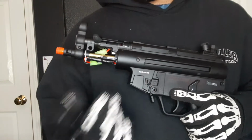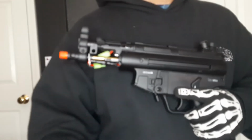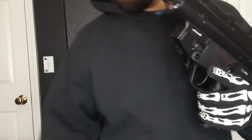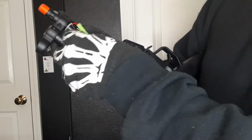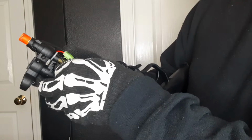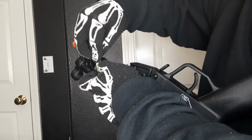I'll just say that you can look this gun up on Amazon. Just look up MP5K, and you should be able to find this airsoft gun. But yeah, just look it up. I would honestly say, in my opinion, it's a bit overpriced. I mean, it's a fairly small gun,